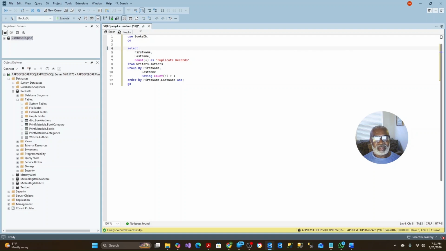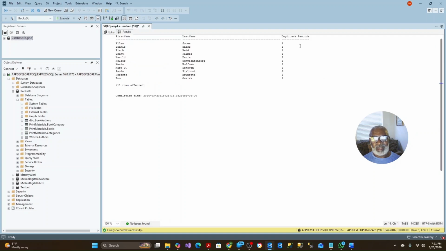So we execute, go to results, and there we have it. The third column, called duplicate records, tells you the number of occurrences of the particular row or record. So for Alan Jones, it occurs twice. Everything occurs twice here, with the exception of Paolo Pialorsi, that occurs 3 times. And that concludes a demonstration of how you find duplicate records